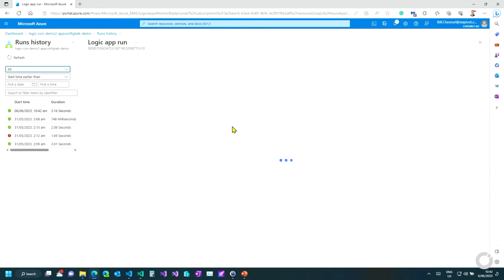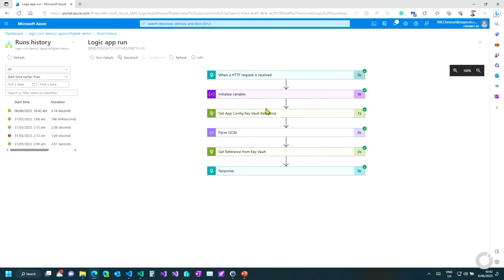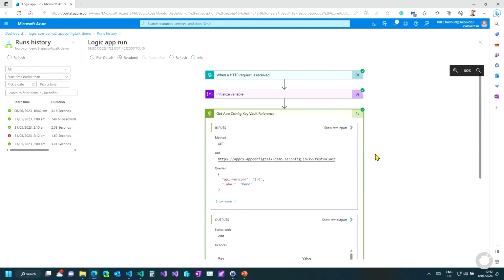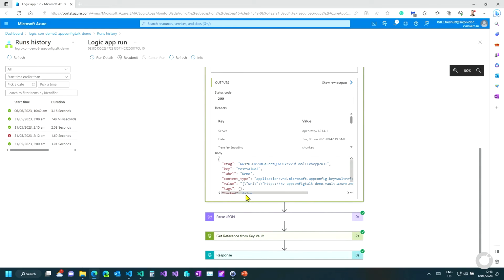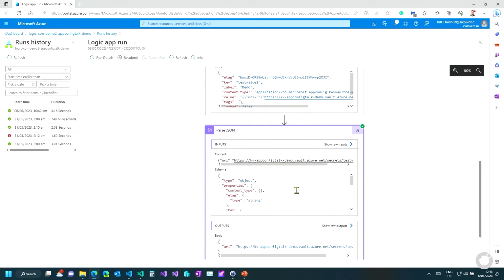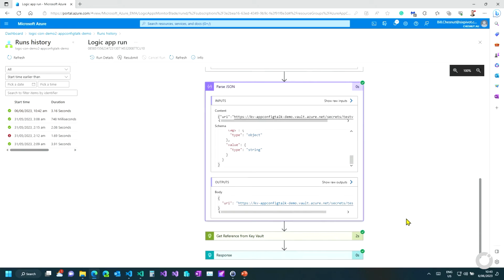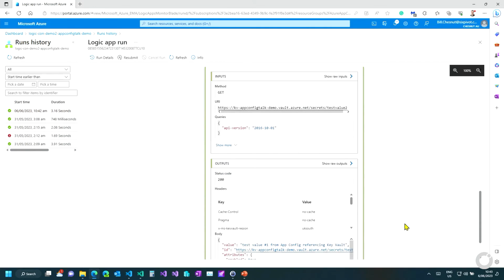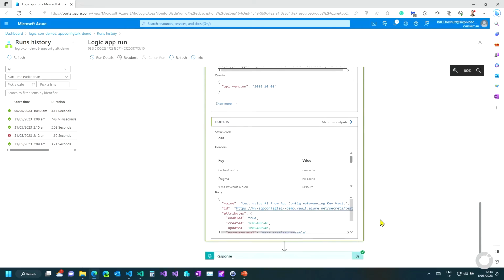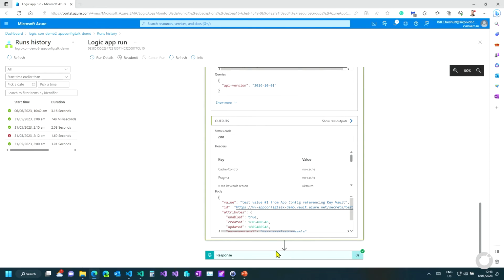So this one basically goes in and calls off and gets an app config, but what comes back in the value is the URI for the Key Vault, because it's a Key Vault value. So then basically what I do is I parse the JSON and grab the URI, and then I do a Key Vault call with that URI, and that brings back the value. So basically the value is test value 1 from app config referencing Key Vault. And that's what showed up in our